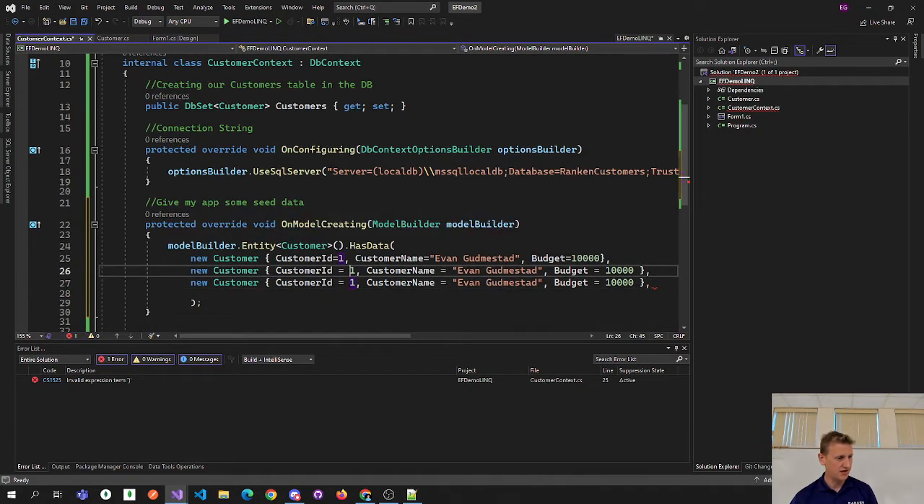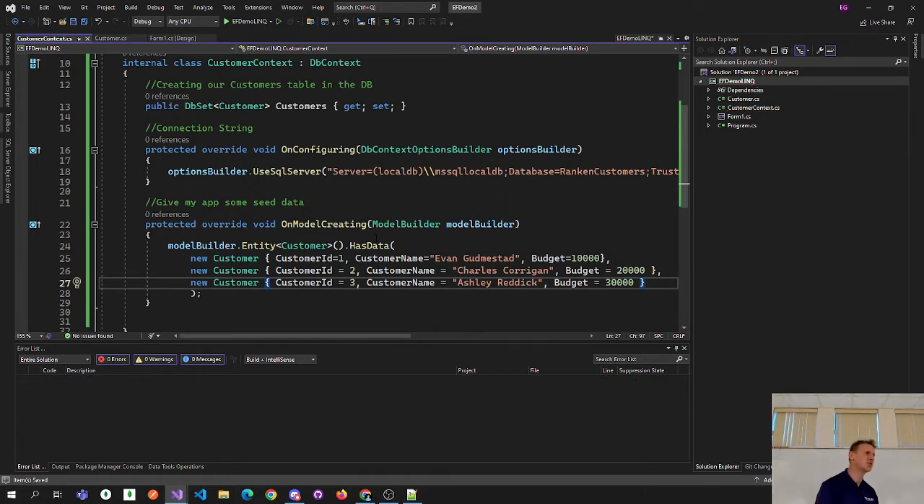Of course, I'll increment customer ID to 2 and customer ID to 3, and I'll give it a couple random names here. Delete my comma right there. So I'm basically putting 3 customers into my database just as some initial seed data, which is